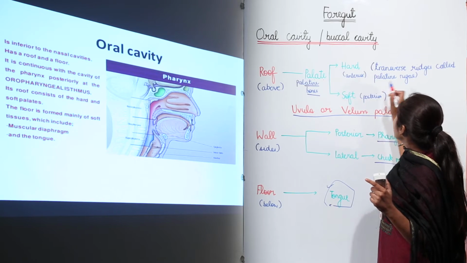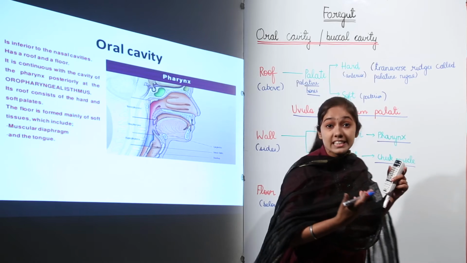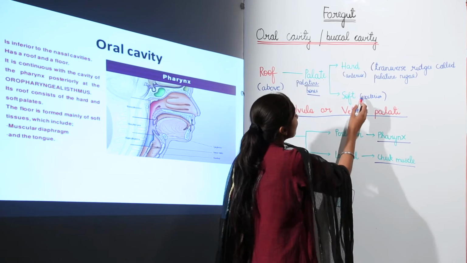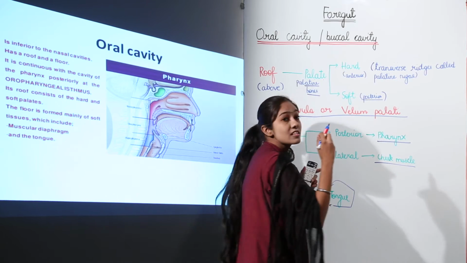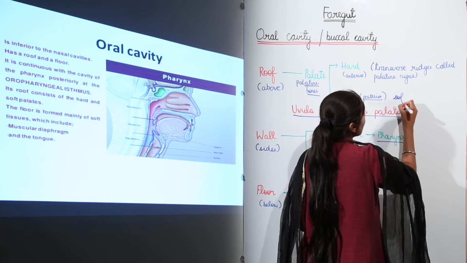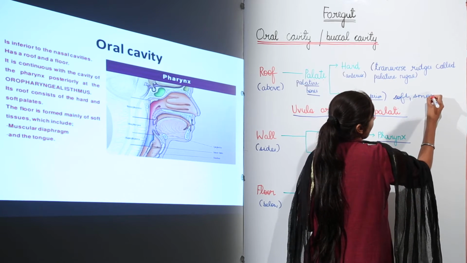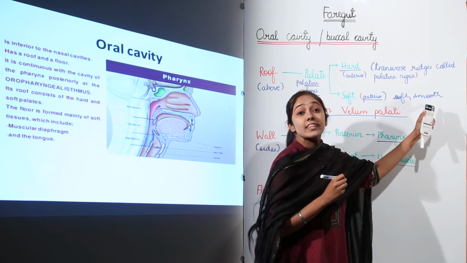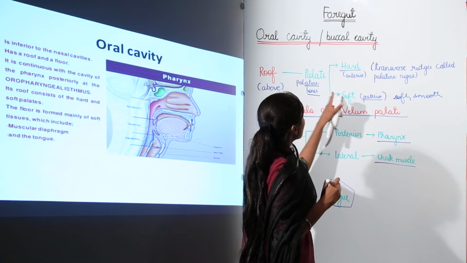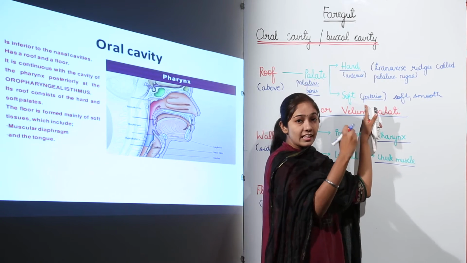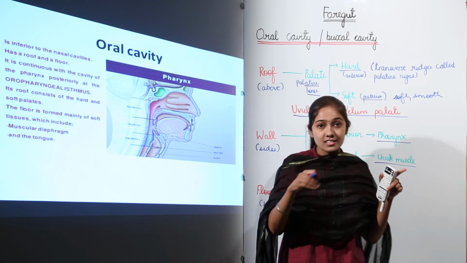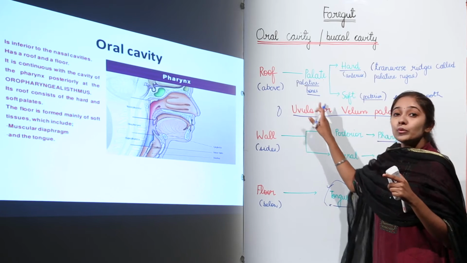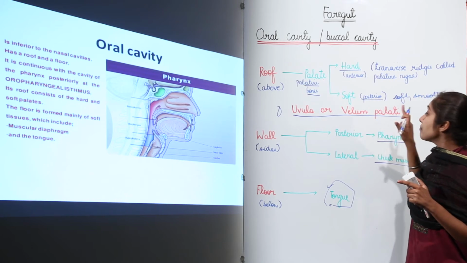This hard palate contains transverse ridges which are known as what? Palatine rugae. So from palatine bones you can remember palatine rugae. Then the soft palate is the posterior part. It is some sort of, you can say it is soft as well as smooth. However, since the word is here hard palate, so it is not that much soft, or you can say smooth. Next, the soft palate, it hangs at the, you can say posterior portion, it hangs into a flap like structure, and that flap like structure is known as what? Uvula, or you can also call it as velum palati.